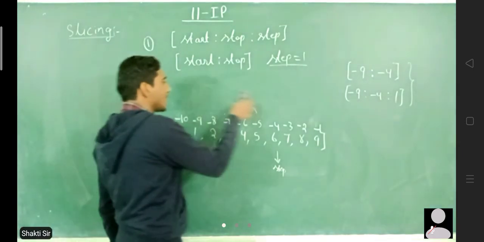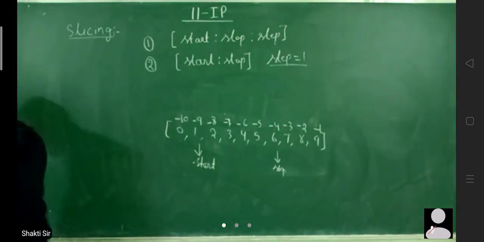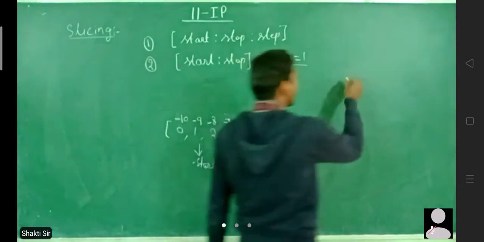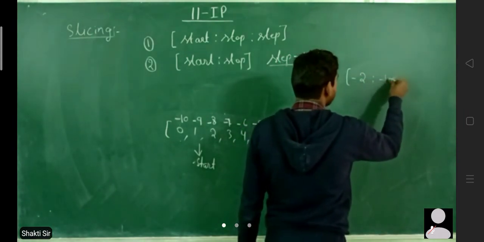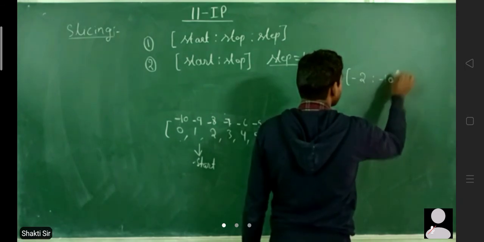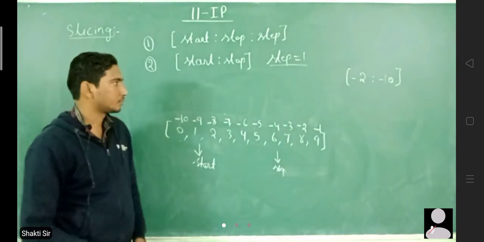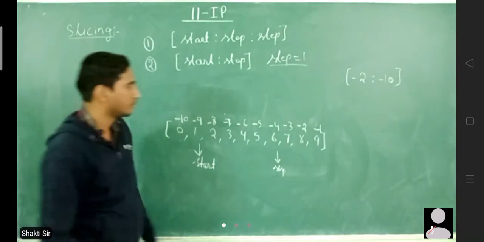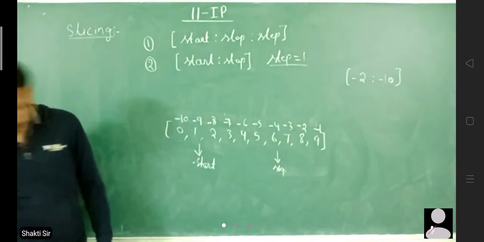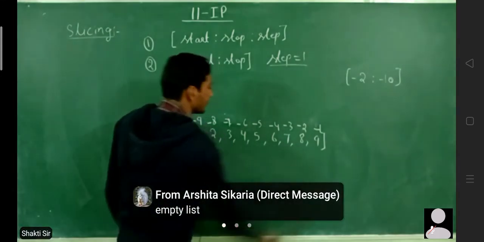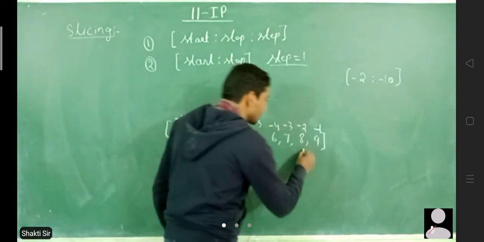Now suppose take an example. Now let us see. Suppose this is my example, where I want to consider from -2 to -10. So what will be the answer? -2 and -10, what will be the answer? Empty list, yes. Why? Basically -2 is here, so this is my start,